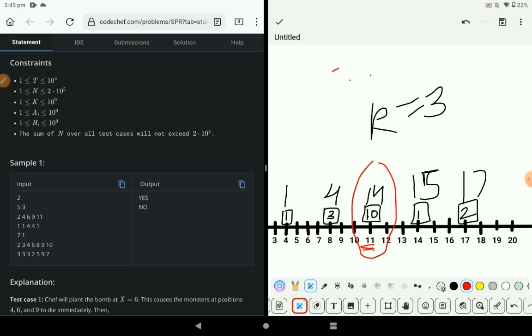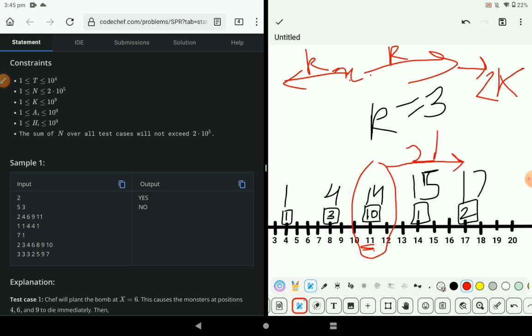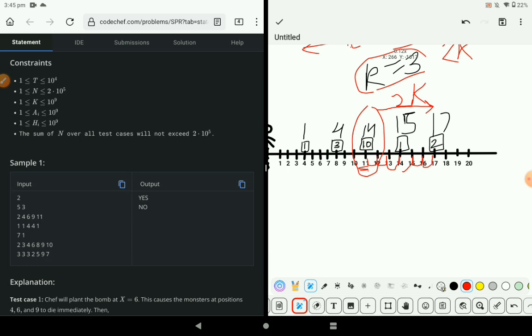ये जो हमारा x है, x से x-k और x+k तक है ना, तो बेसिकली ये क्या हुआ 2k। इज दैट क्लियर? सो बेसिकली हमारे बॉम्ब की रेंज होगी 2k, तो इसके बाद के जो भी राइट साइड के मॉन्स्टर्स हैं वो किल हो जाएंगे, है ना। यहाँ पे हमारा k क्या दिया हुआ है, k है हमारा 3, 3 टू द 6, मतलब हम 1 2 3 4 5 6 मीन्स 17 इंडेक्स तक के सभी मॉन्स्टर को हम किल कर सकते हैं। ओके, सो हम इसमें लेंगे इंडेक्स 2।